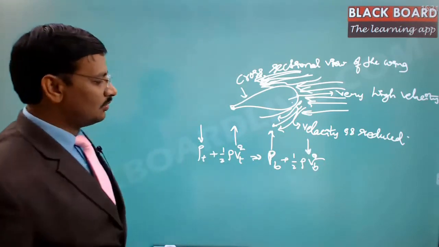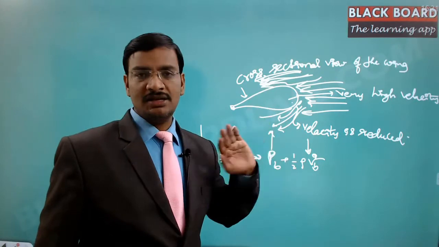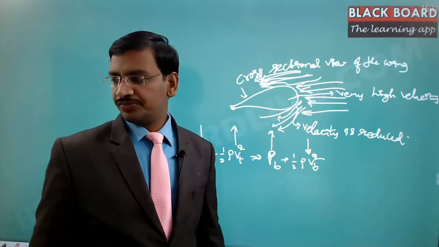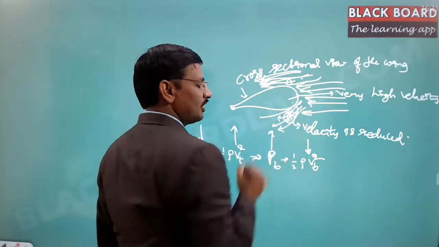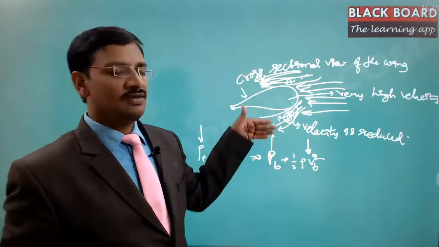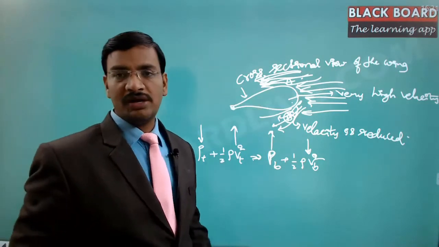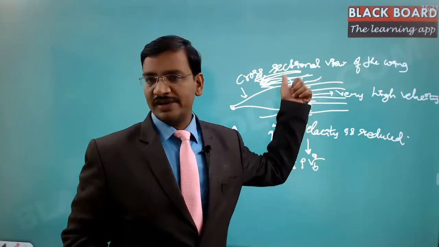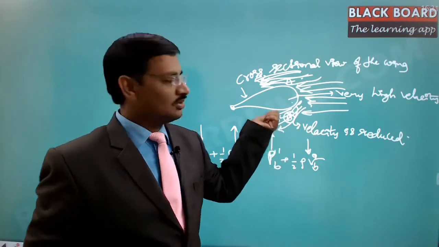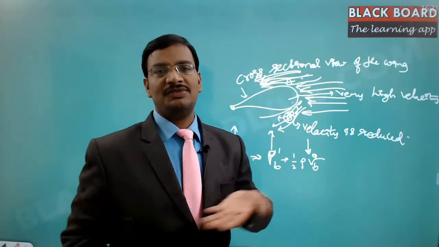So now, as the pressure at the bottom is more and the top is less, there is a pressure difference between these two. So this is point A and this is point B. Between A and B, there is a pressure difference. Hence, there will be a dynamic lift provided for the flight. If it is moving too fast, the pressure difference is too high. Hence, the flight will be lifted upwards, so it balances the weight of the entire flight.